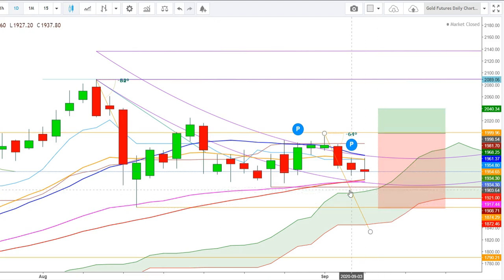Friends, here I find that if we have a look at the current position of moving averages, here you can see that the 20 days exponential moving average is well below the 20 days moving average. So here you can see that the gold futures have found stiff resistance at the 20 days exponential moving average during the two trading sessions of the last week. So here you can see that on Thursday and Friday the gold futures found stiff resistance at the 20 days exponential